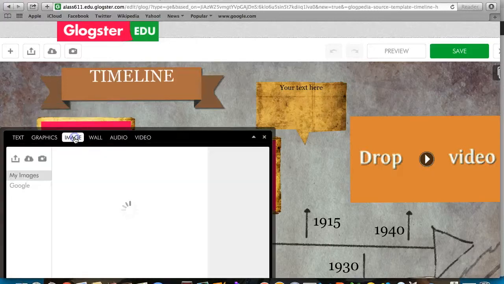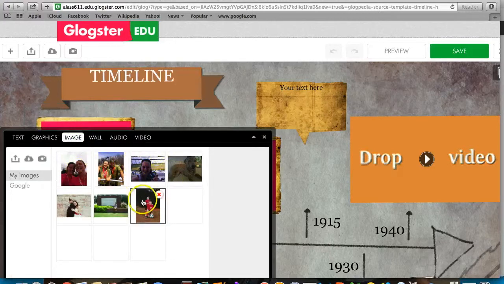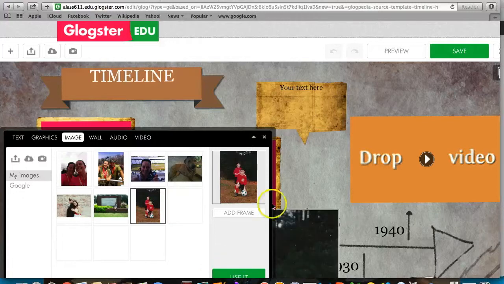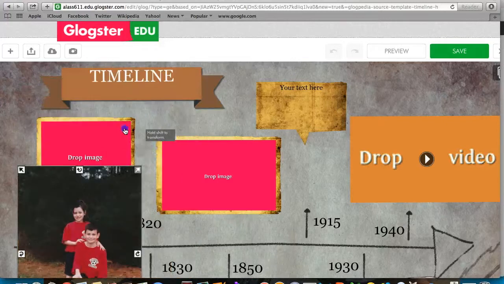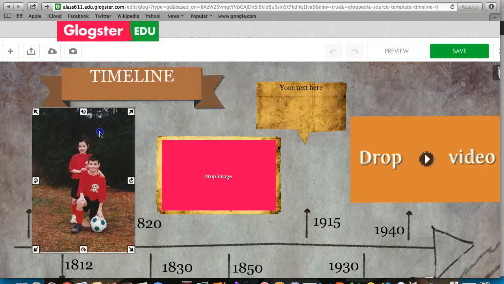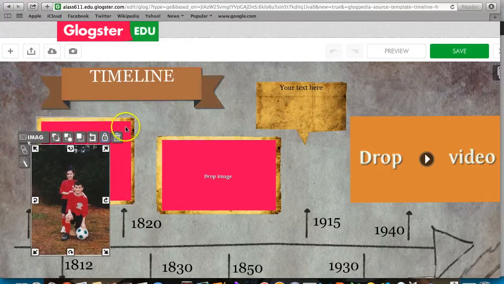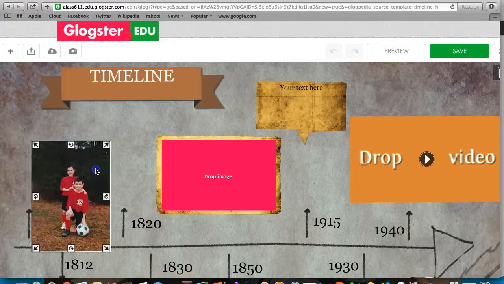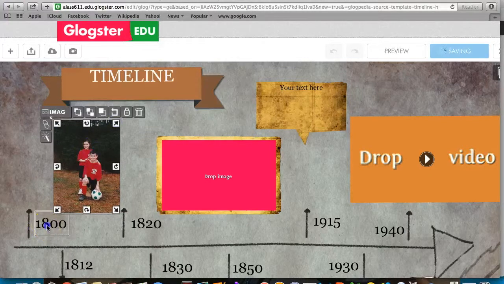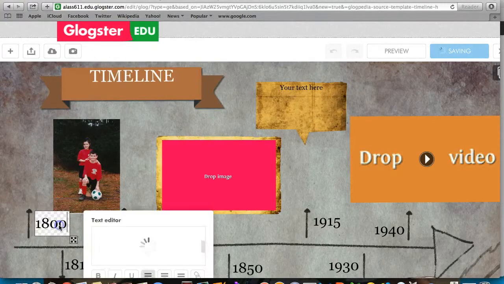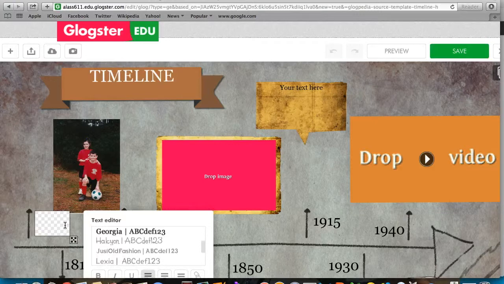Alright, so I double click on it, click image, and these are some of the photos that I have on my computer. So let's say I want to start with a younger picture of me and my brother. I move it to the image, move it down a little. I'm going to delete this background. Put it right here. This is me and my brother when we were playing soccer back in the day. Let me change that date because that's not when we were doing that. We were probably doing that in